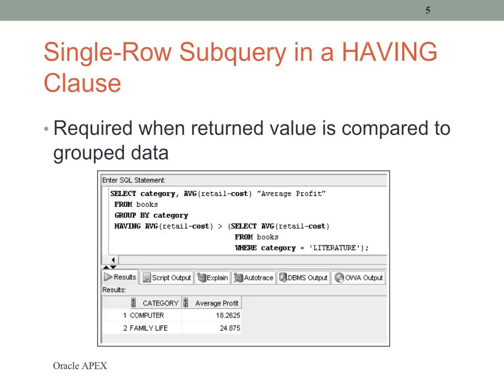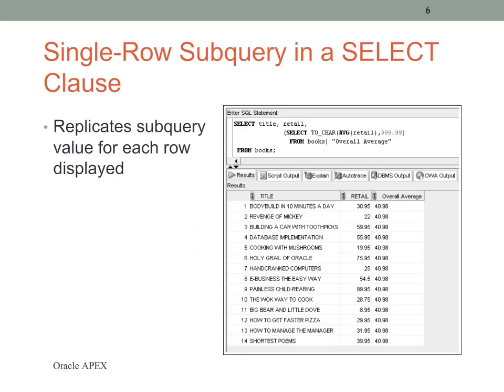Notice here that the having goes into the select. Let's talk a little bit more about the select. As you see here, this select replicates the subquery value for each row displayed. A single row subquery can also be nested in the outer query select clause. As you notice here,